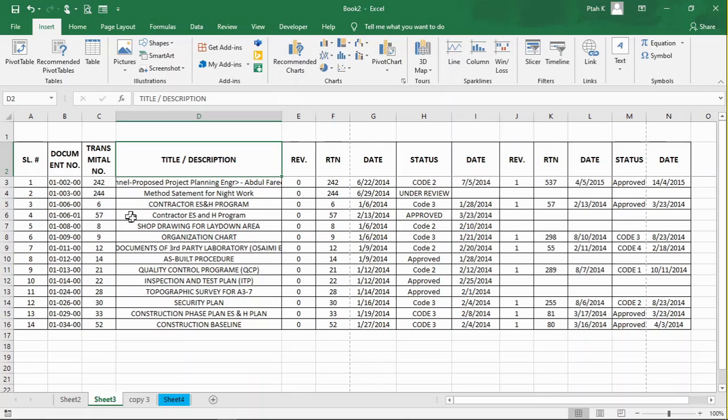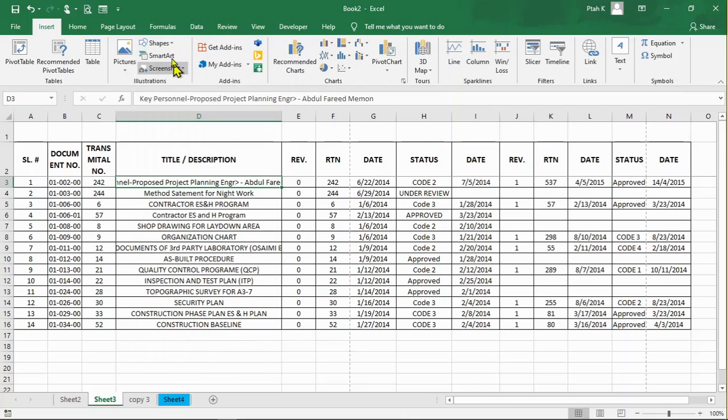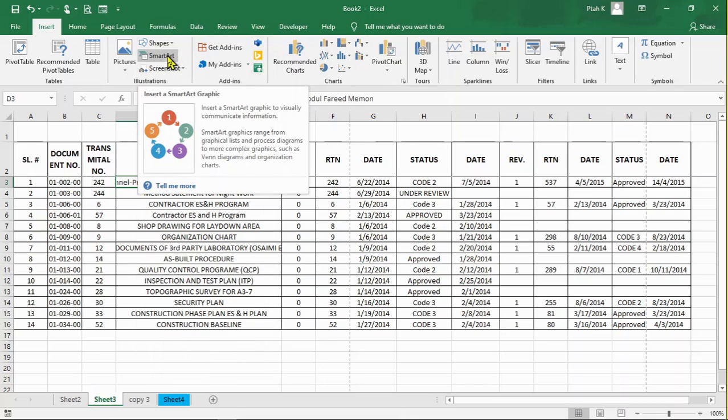So here we can say that this is for inserting. If you want to make this table a pivot table, we click insert and you choose pivot table. You can also insert picture, you can also insert shapes. If you click this arrow, you will be able to choose from a very big range of shapes. You can click and edit any shape. We will come to that later. You can click smart art also. You can insert